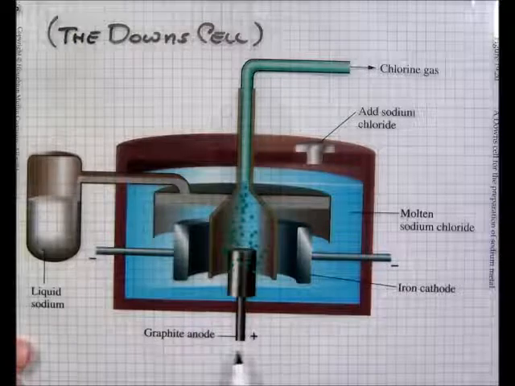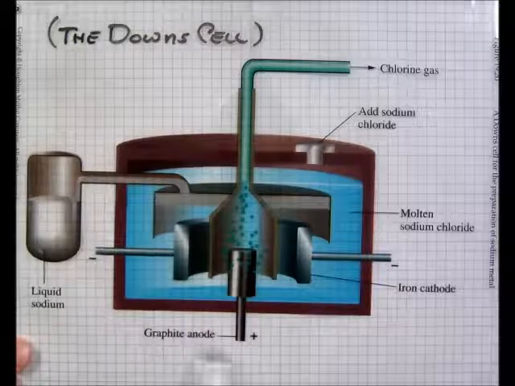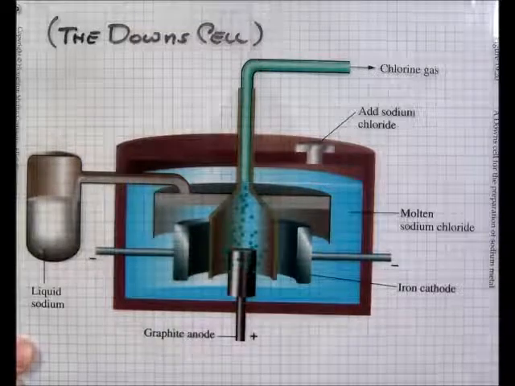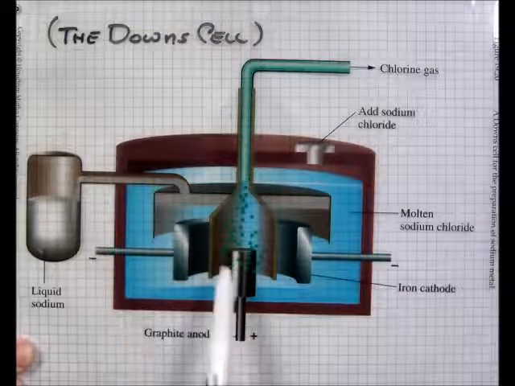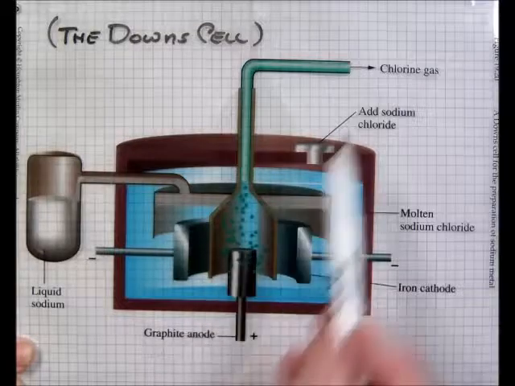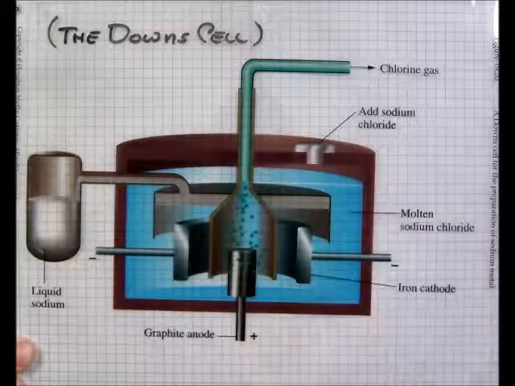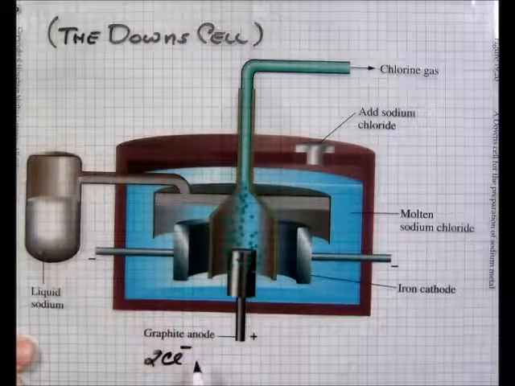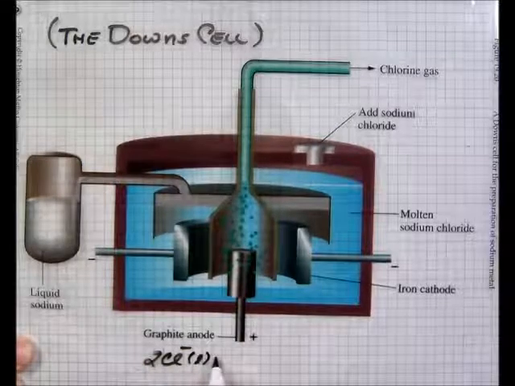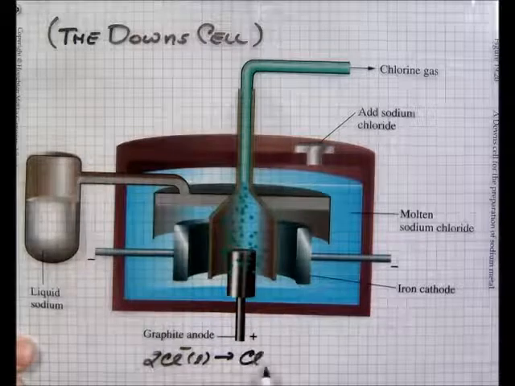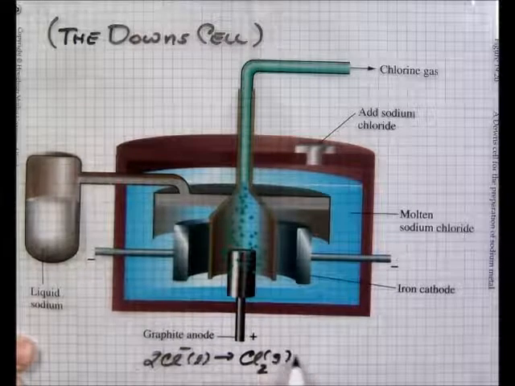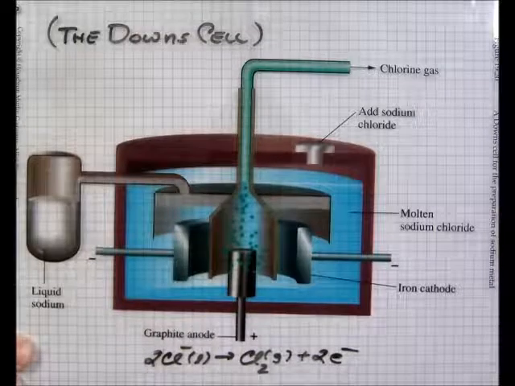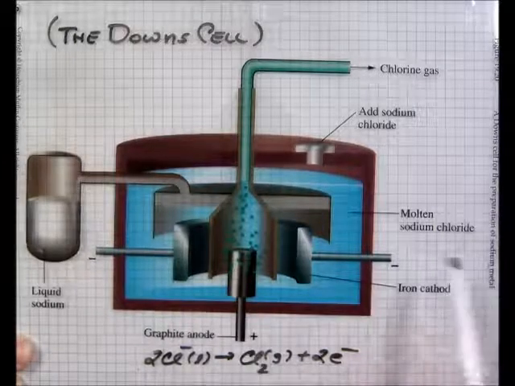Here we see the graphite anode, and the plus right here will attract, of course, the chloride, and chloride will of course be oxidized into chlorine gas. At the anode, that is, you have the two chlorides in liquid state going to chlorine gas plus 2 electrons. Now the sodium